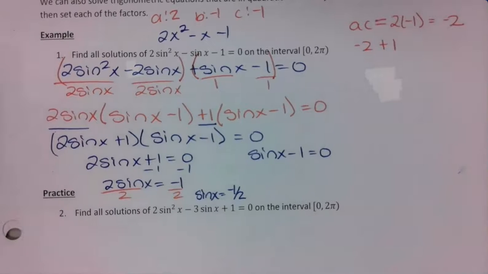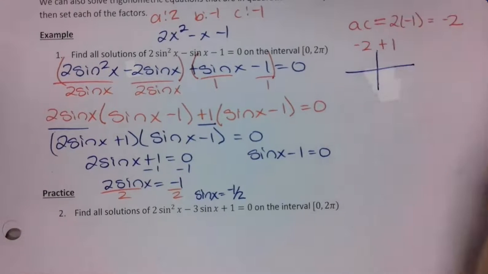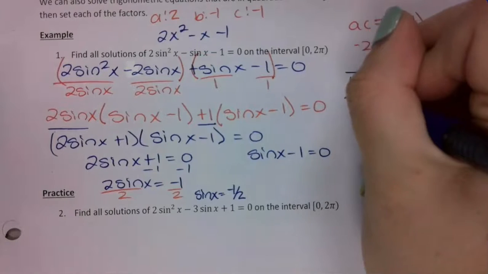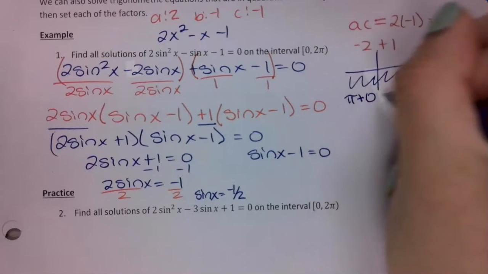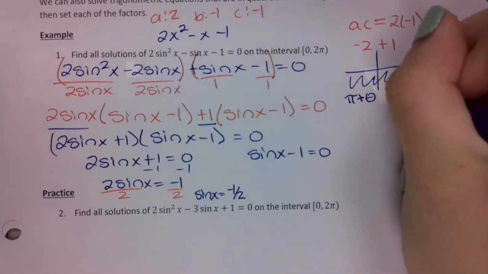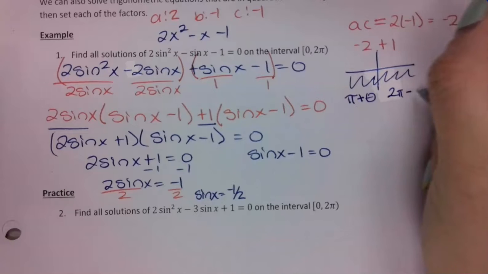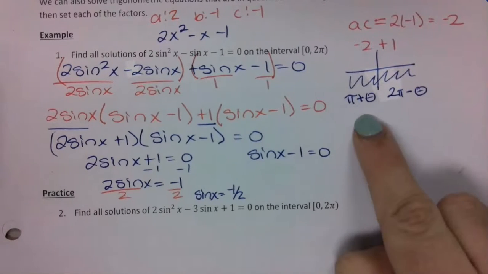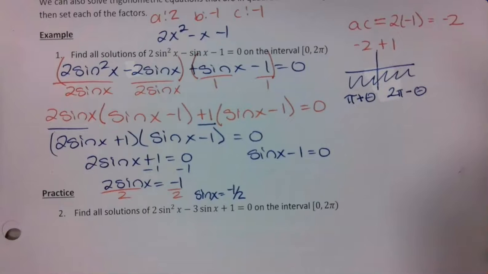So if I'm talking about negative 1/2, it's going to be in these two quadrants. So remember my rule for this third quadrant is to add the angle, and then my fourth quadrant is to take 2 pi and subtract the angle. So if I'm in the third quadrant, I'm going to do pi plus pi over 6, which gives me